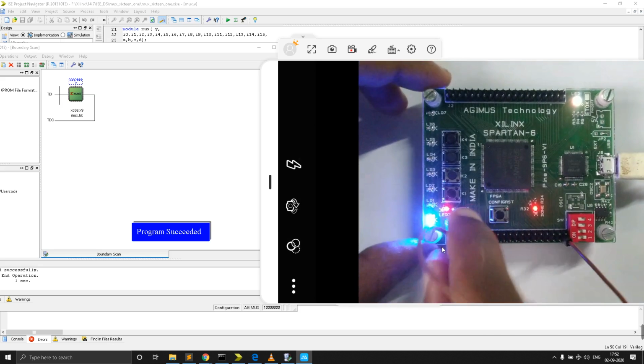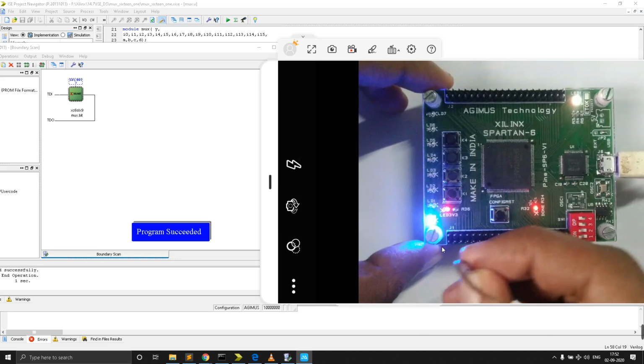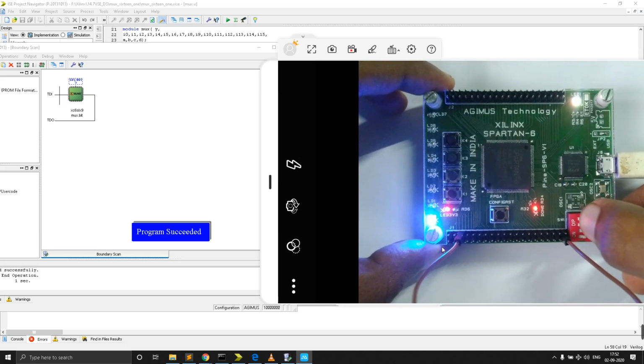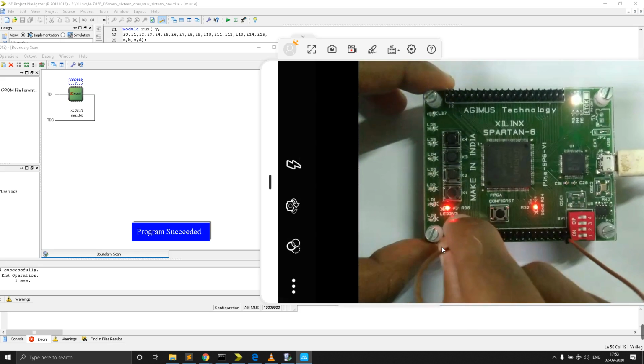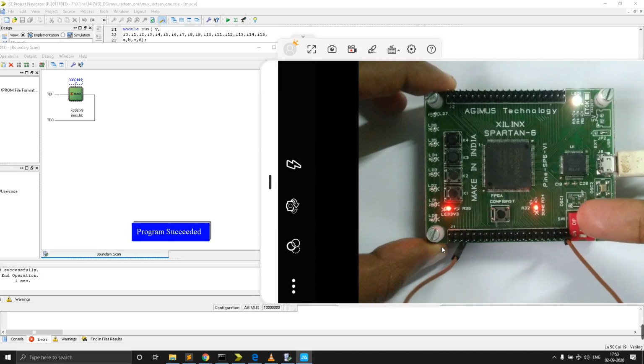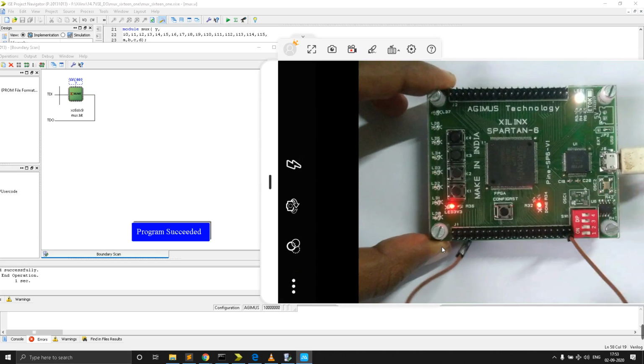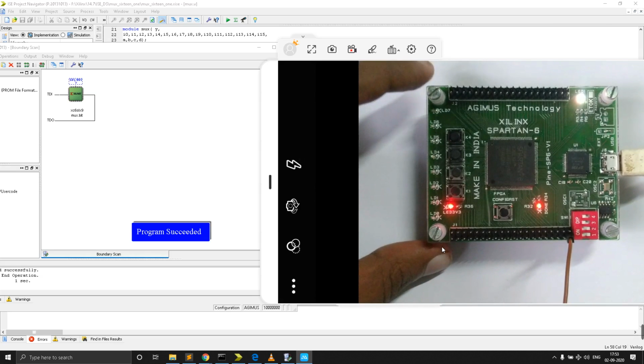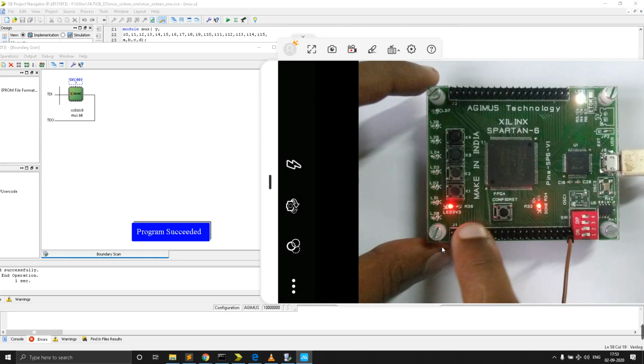Similarly, I just remove this, and now it will not give any output, but if I touch with our hand, then it will give.